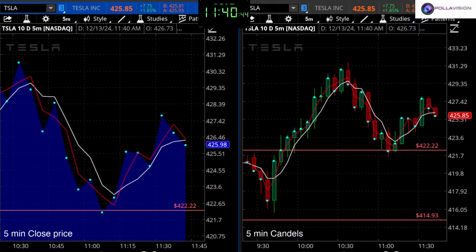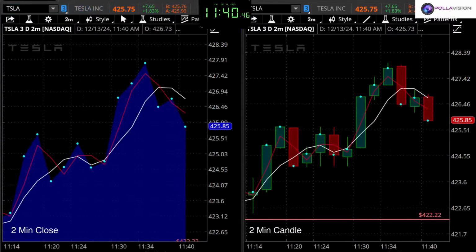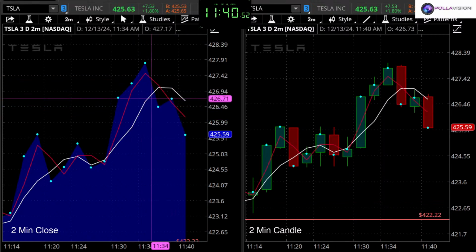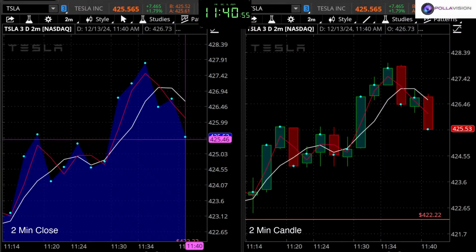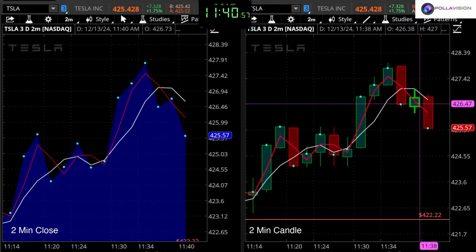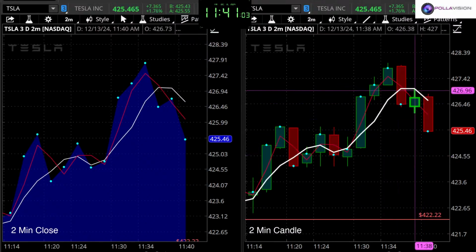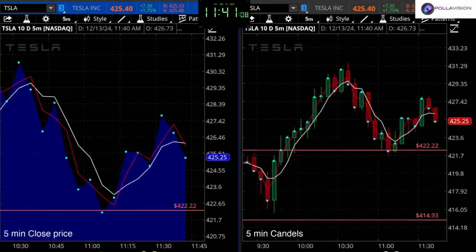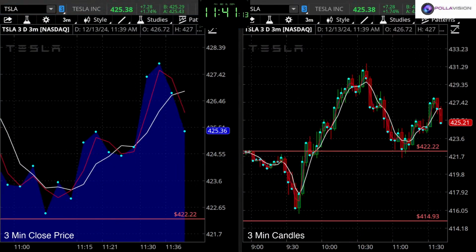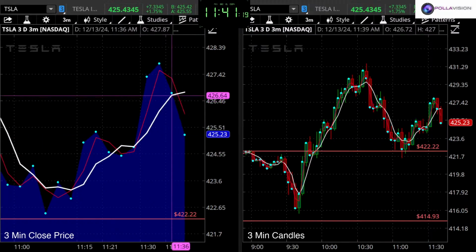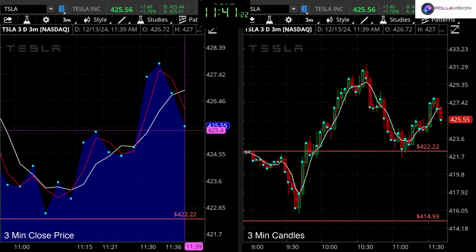So to monitor this, you might want to look at a shorter time frame. So there is the 2-minute. Now we have 1, 2, 3 periods on the 2-minute below. And we can see the green little bar formed here, and then the price is below. According to this 4 simple moving average on the shorter time frame, it's going down. On the 5-minute, it's going sideways. On the 3-minute, we just have this one here, but this broke. So at the end of this 3 minutes, which would be,